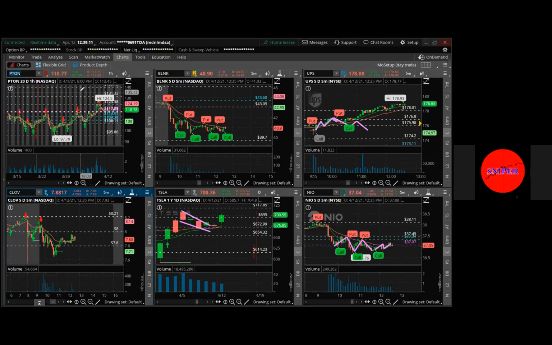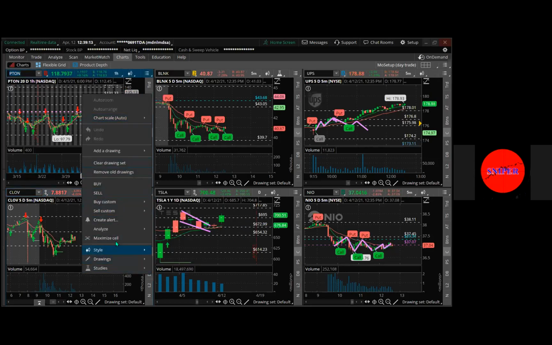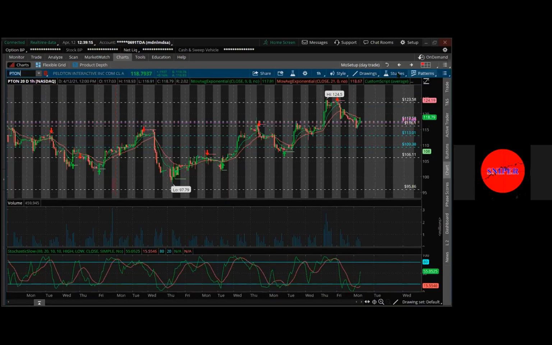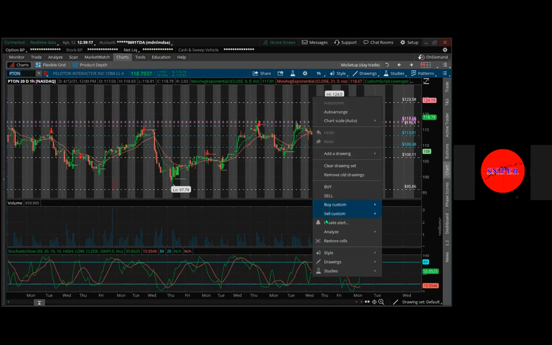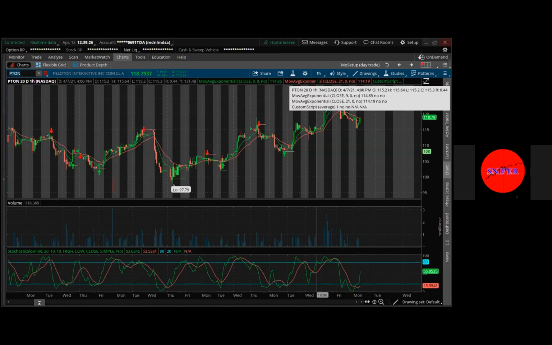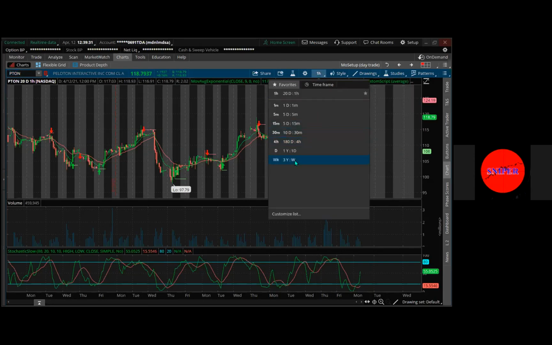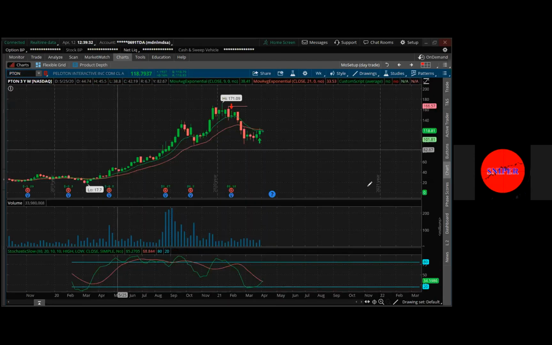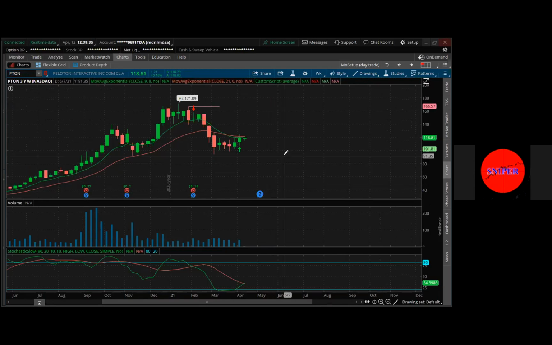All right. So the first one I saw was Peloton. So I'm gonna try that one first. First of all, I'm gonna clear the drawings. When I'm charting any levels on any of these stocks, I always like going on the larger time frame and moving myself down to the smaller time frames. The first time frame I'd like to go over is the 3-year weekly,